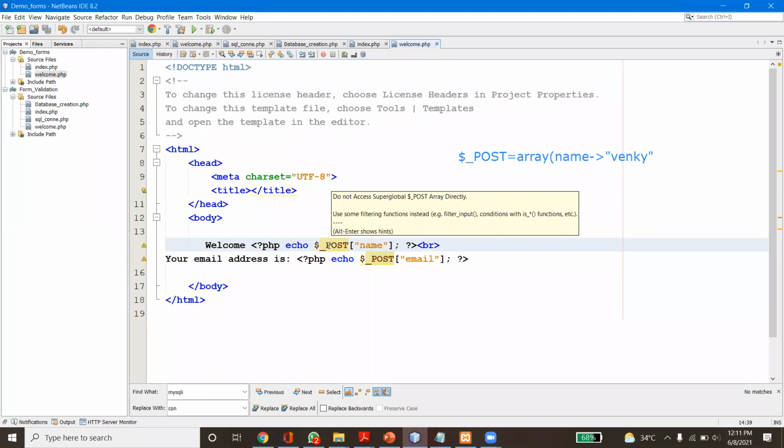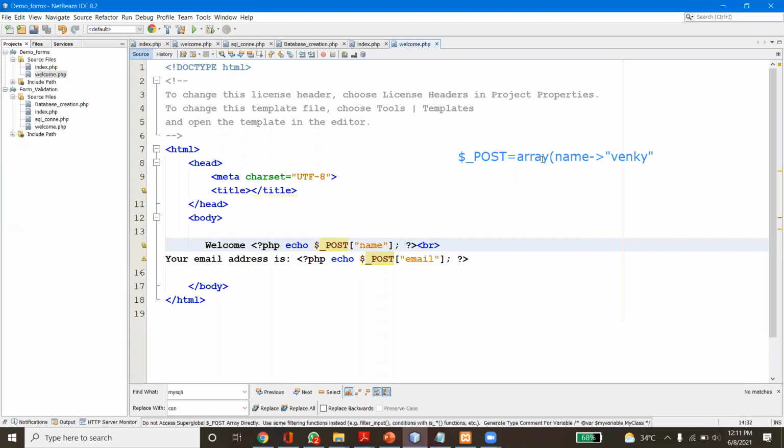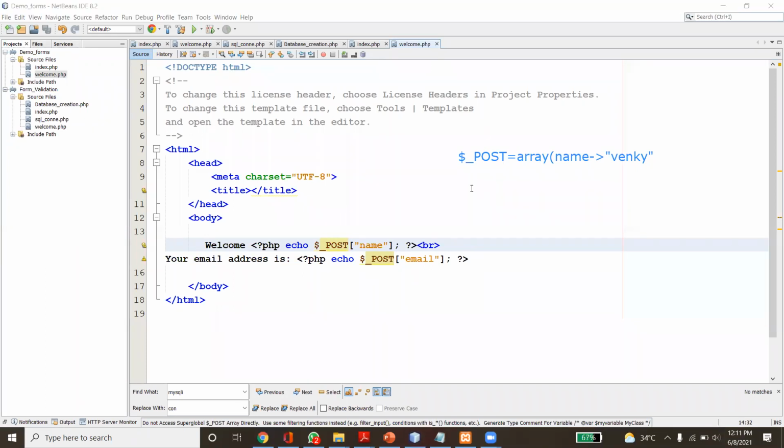You have a doubt: sir, what about get? Simply change it, you have to use underscore get. Get, underscore get, name. That's all. For the other one, underscore get, it should be a capital letter.